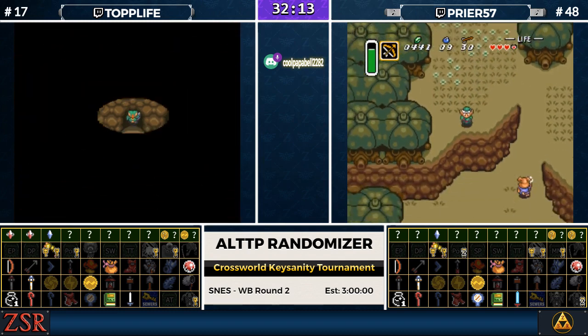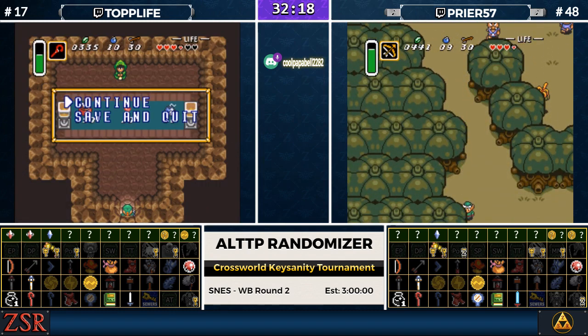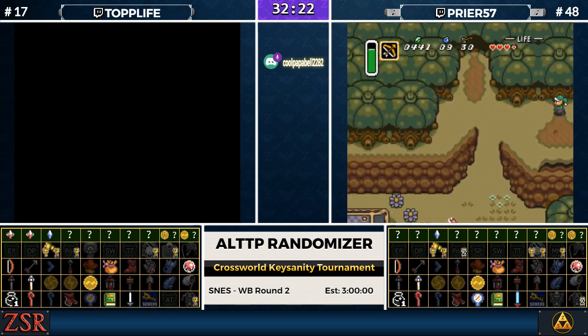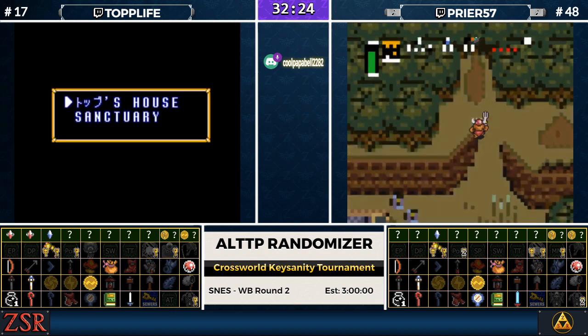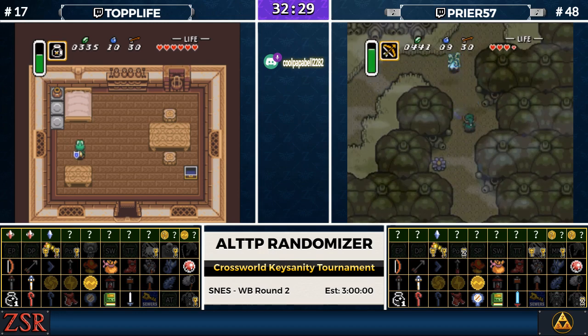But these are things that prior has not quite gotten around to, since he has sort of gotten distracted by other options available to him. But unfortunately for Top, nothing interesting there. Just a shop and a dead entrance. So